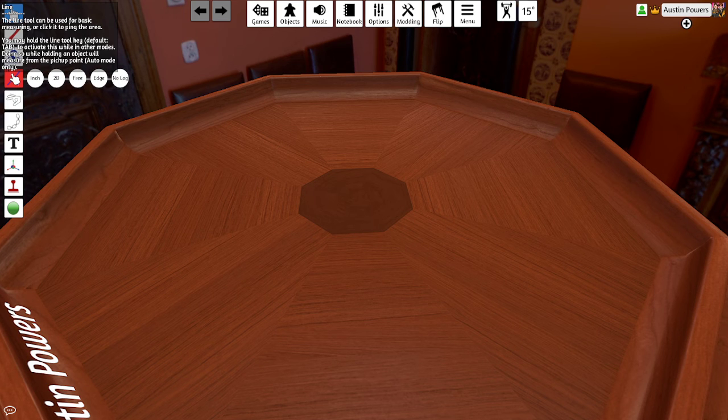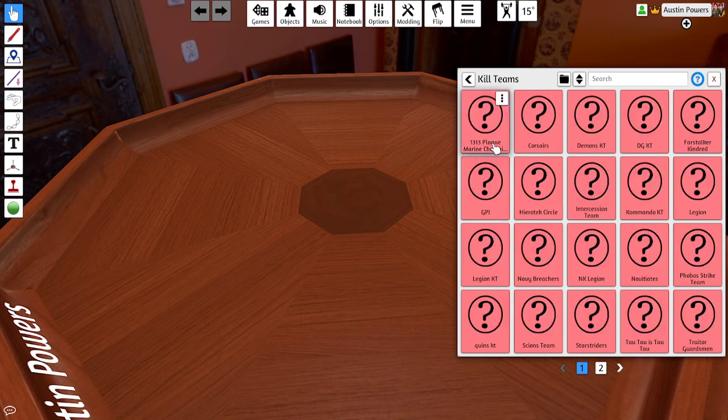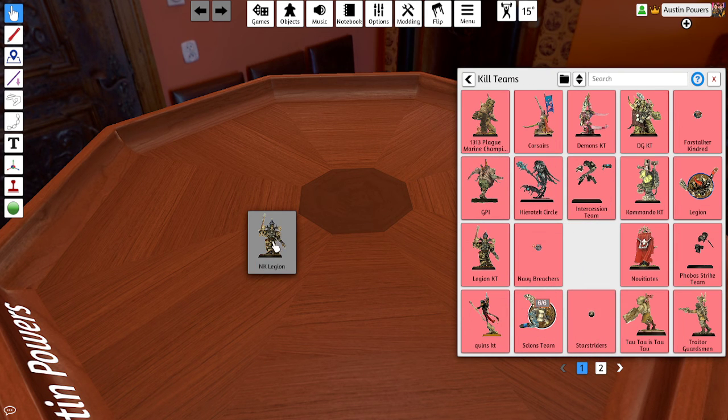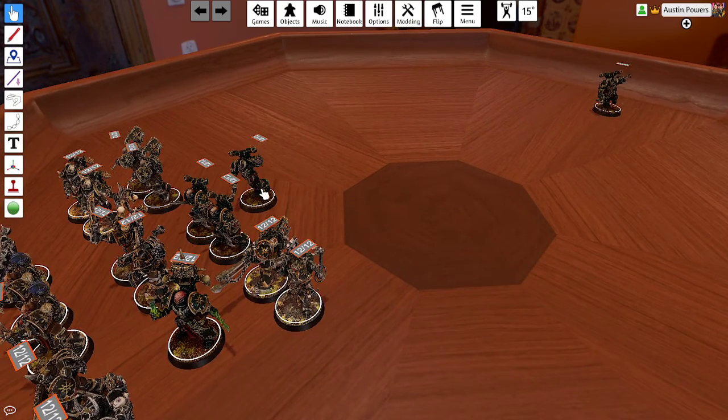Do keep in mind, for kill team, you're going to want these specific setups for your line tool. So your line tool is your measurement tool. You're going to want it in inches because kill team uses inches for its measurement. You're going to want it to measure in 2D. You're going to want it set to free. You're going to want it set to edge. And what edge means, just so you understand what it means, let me just load in some models here really quick. Let's load in some Chaos Marines. So what edge means is